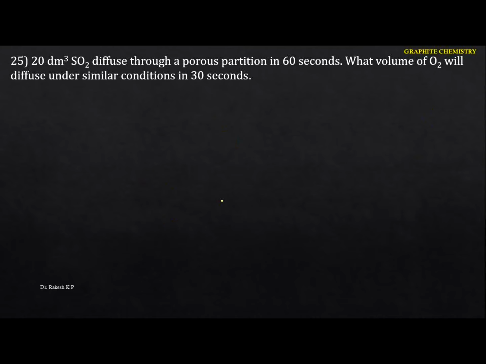20 dm cube of sulfur dioxide diffuses through the porous partition in 60 seconds. What volume of O2 will diffuse under similar conditions in 30 seconds? Okay, let me take this one here. According to the rate of diffusion, I am talking about the volume, so I am going to take it in terms of the volume of the oxygen,